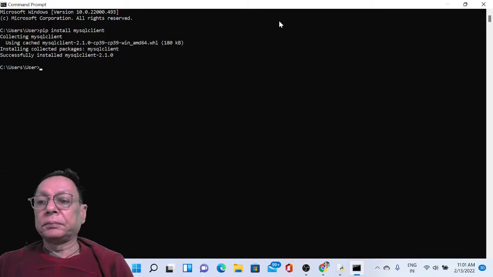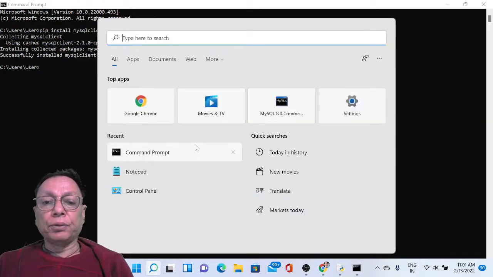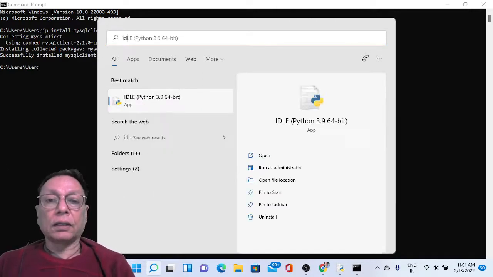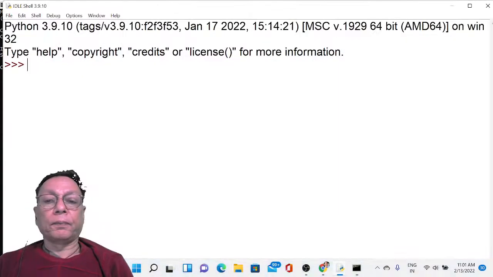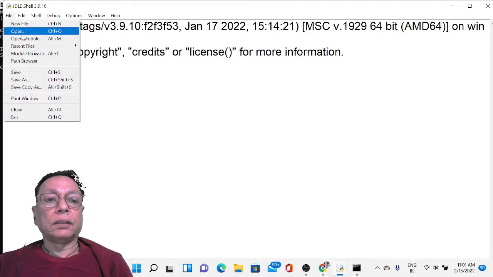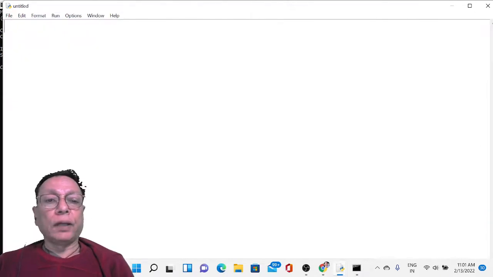load our Python. So to load the Python, I'm using it here. Ideally, the Python is loaded, and here I'm going to open a new file, and in this file